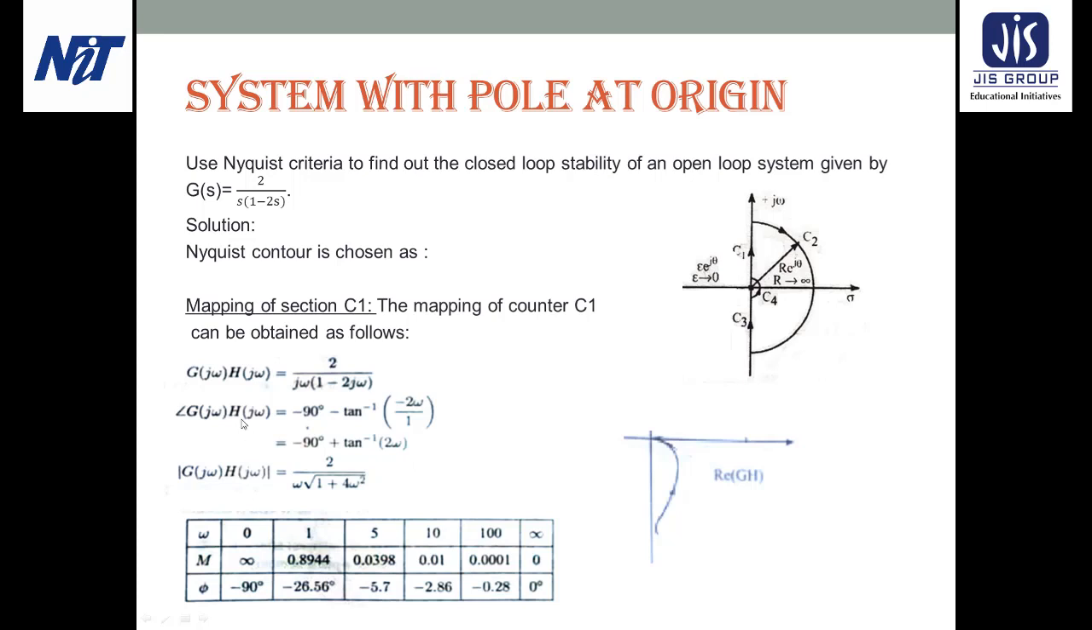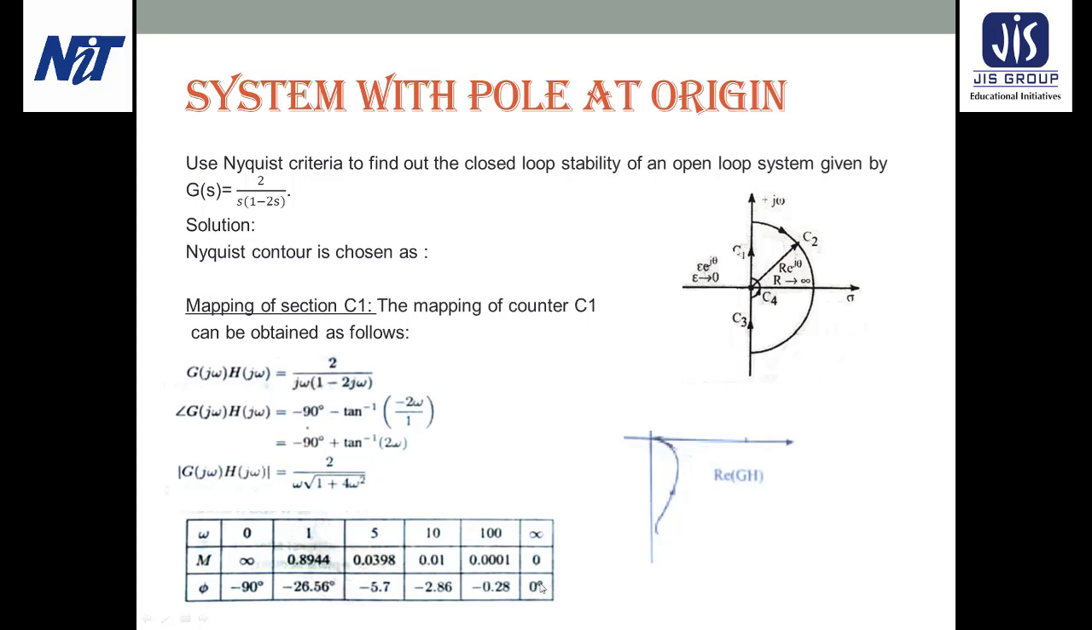Now if we need to find the magnitude, it becomes 2 divided by omega into root over of (1 plus 4 omega square). Next we need to find the phase angle. So omega is varying from 0 to infinity. I have taken 4 more points, and the magnitude becomes infinity to 0, whereas the phase angle is minus 90 degrees